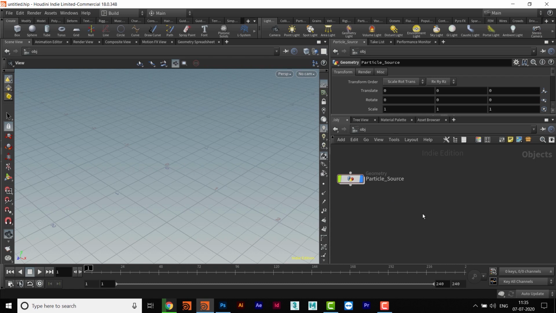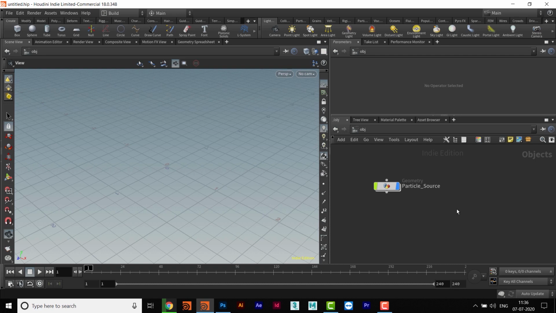But for particles, we'll have to get into a different network, and that is called a DOP network. And particularly for particles, we have to get into a POP network. So first of all, we will take a POP network, get into it, and then try to see how the particles are there. Even if we don't have any kind of source, we'll have to get into the geo node.